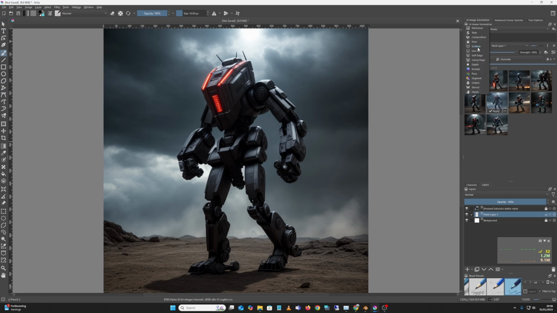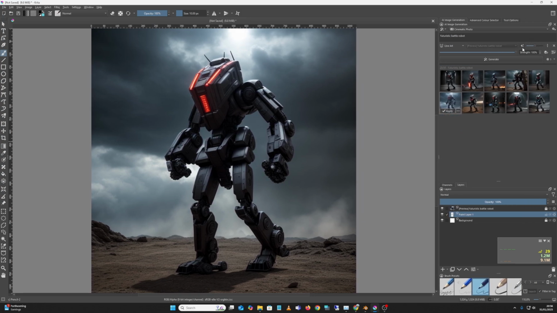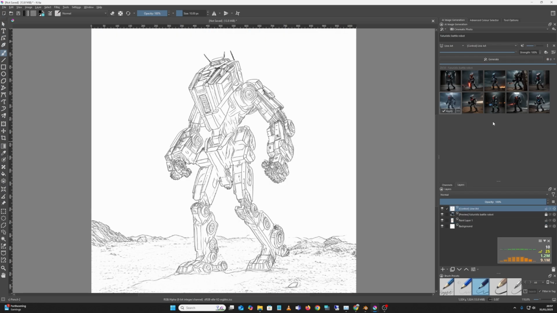But I don't really like the lighting or the texturing. It's quite dark. I want it like midday or something. So what I'm going to do is convert it to line art. Select the appropriate layer, and there we go. We need that little button there. That will convert it to line art, and then we can use the new nice line art that's not terrible, and generate a load of